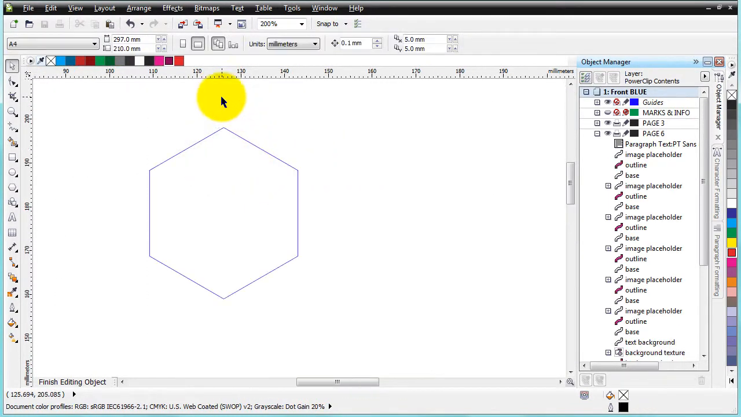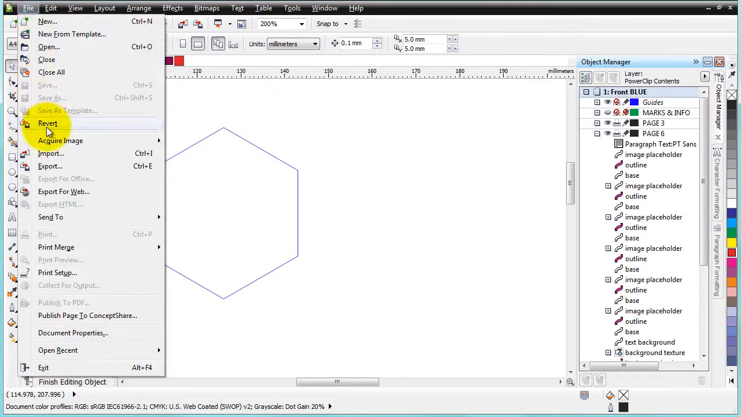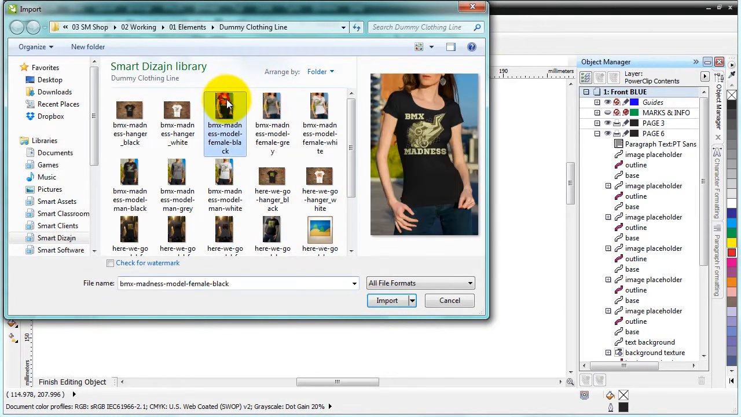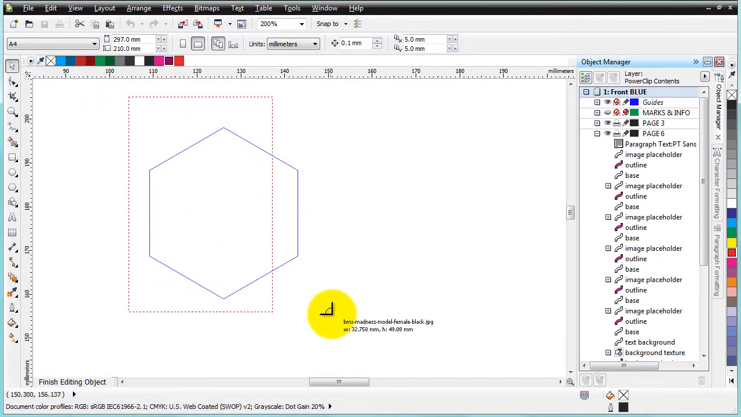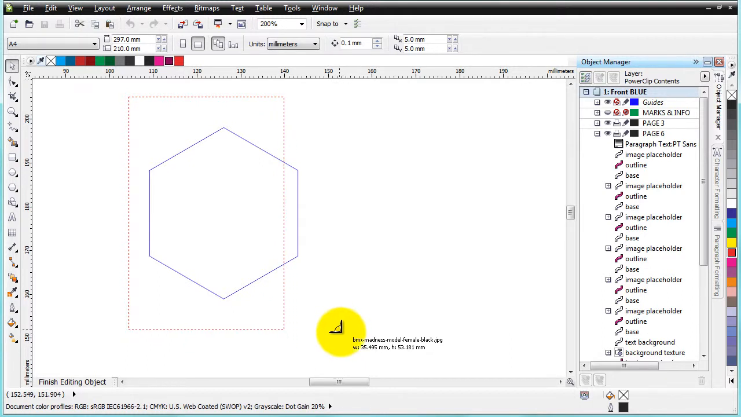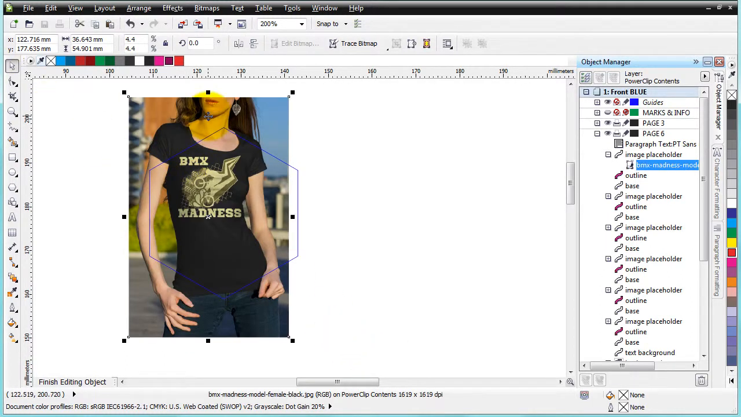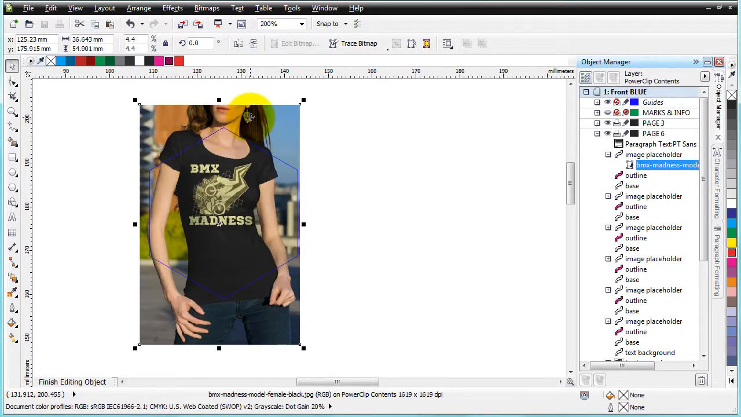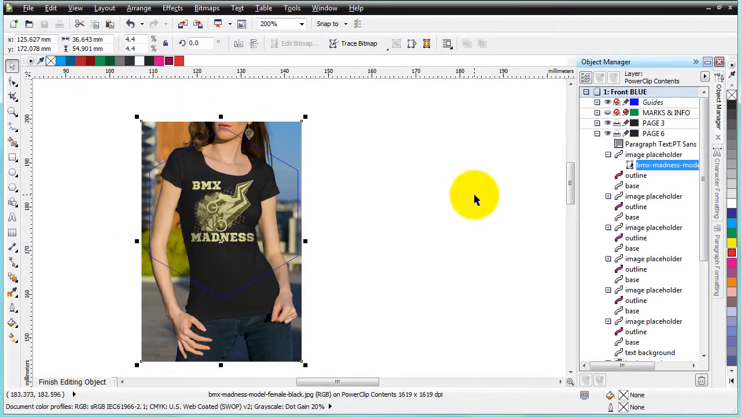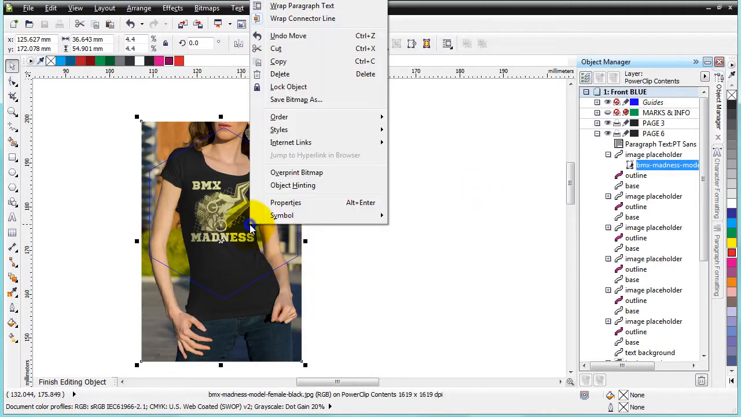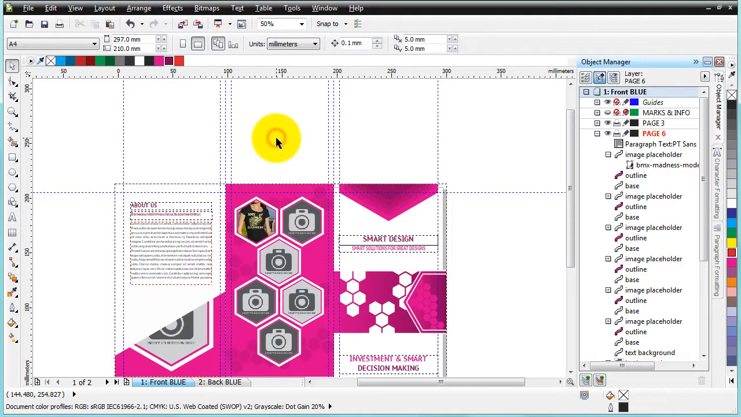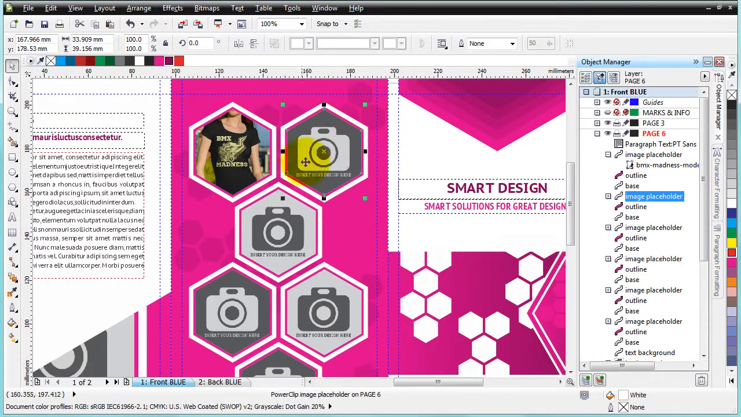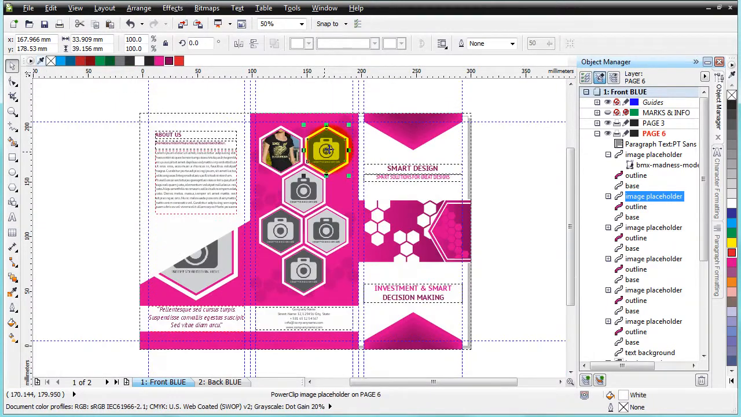So what I'm going to do, I'm going to delete this one. I'm going to go to Import. I'm going to select that image again, and instead of just clicking on it, I'm going to click and drag. As you can see, it stays proportional, but it sizes it to the size you need. You place it the way you want, and then once you're done, you go finish editing this level, and you have your template back on. Now you'll have to do all of this with your images,